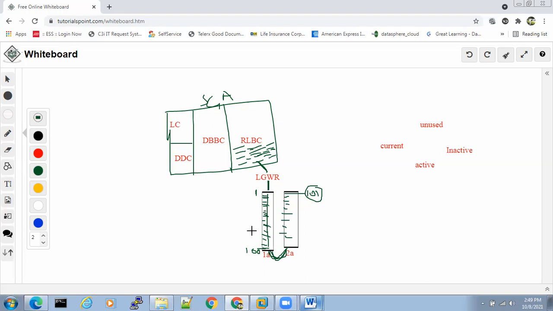Don't tell me about 1A, 2A. Whenever a log file is full, it will switch to the next log file. Yes, that is what you people know. But now I'll tell you one more thing, very carefully. Even if it is not full also,